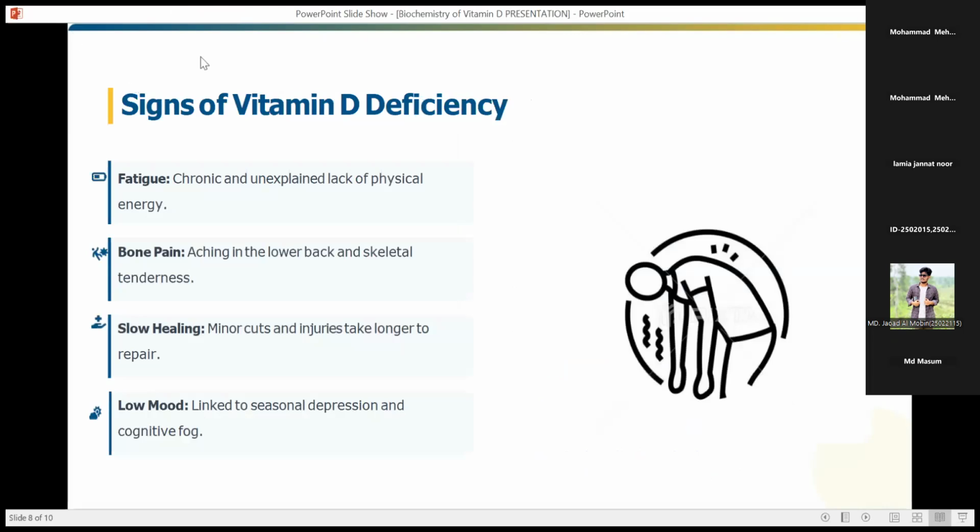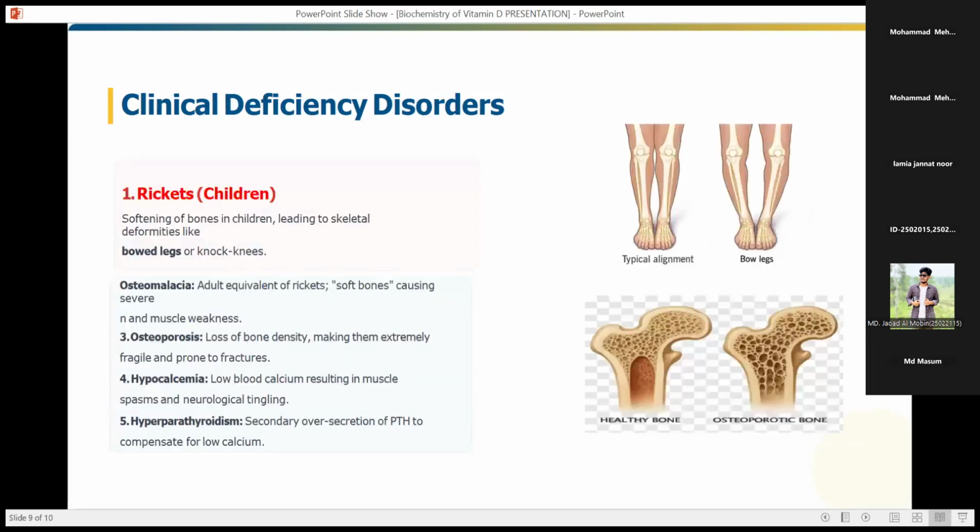In deficiency, the symptoms we can see are fatigue, bone pain, slow healing, and low mood. It can even lead to seasonal depression and cognitive fog chronically if the deficiency is severe. And if we come to the deficiency disorders of vitamin D,